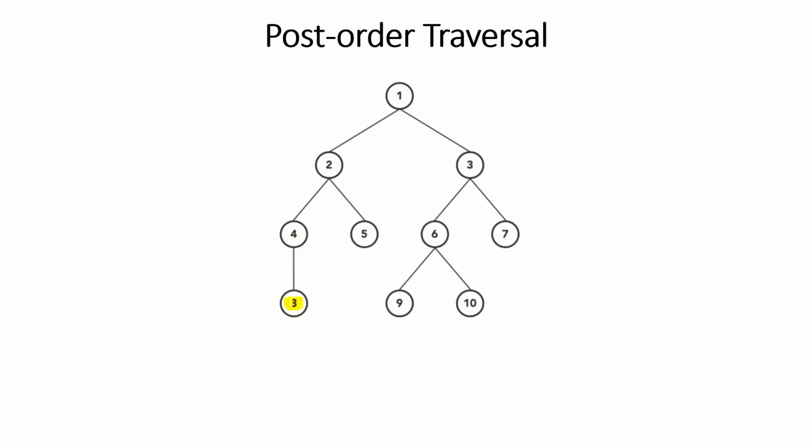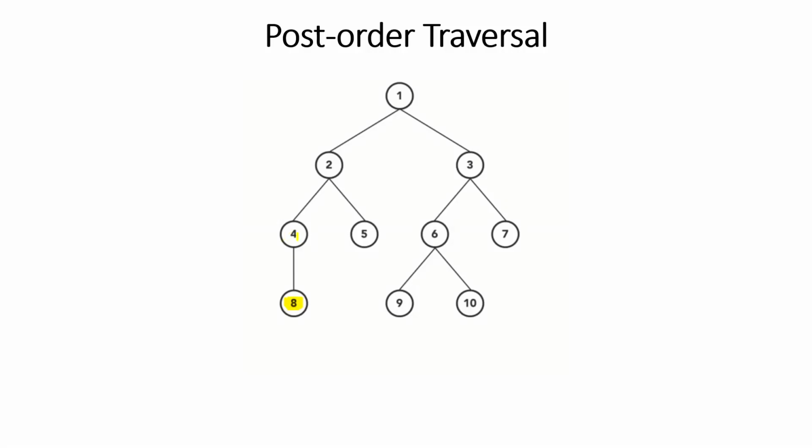So on reaching 8, it understood that it is not having any left and right. So it is the root node, and it doesn't have any other subtree. So it will be printing 8. 8 will be printed first. Because it is the only subtree, the only left or right, anything we can take because we didn't specify left and right.